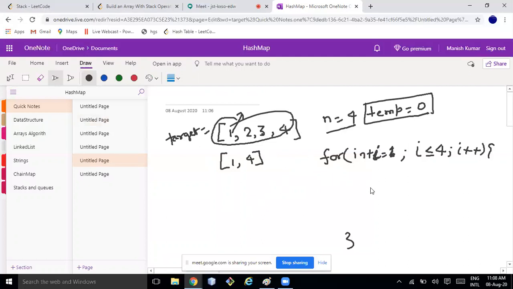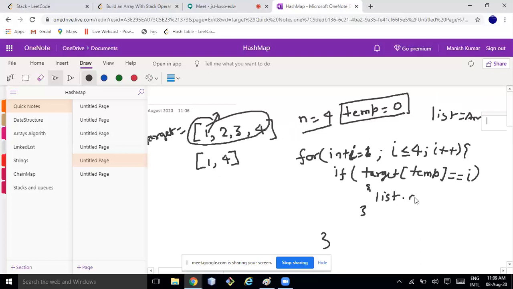The first scenario is if target of temp is equal to i, then what we need to do? Suppose list is the output, an array list. I'll just do list dot add push.